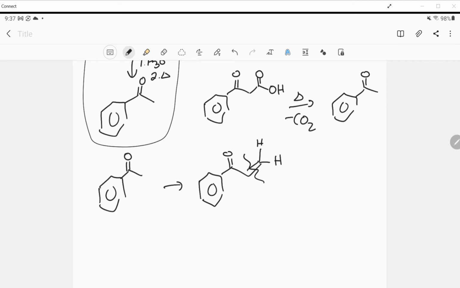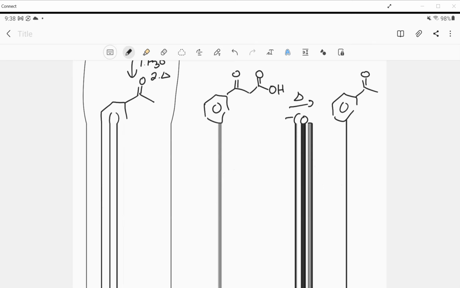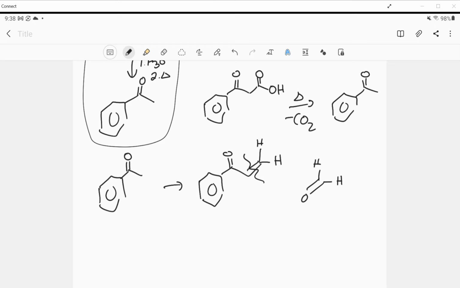So this must have come from using formaldehyde as our one extra carbon, and we'll just do an aldol using our acetophenone with formaldehyde. And so this one again is option 1 mixed aldol, so we do not need the LDA or KH